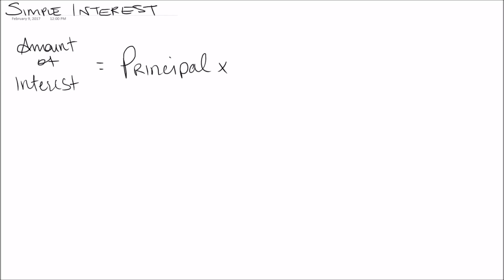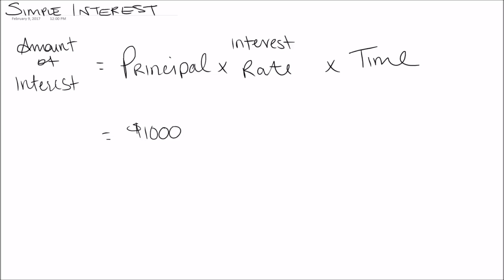Okay, so simple interest is exactly that. It's the amount of interest on any given principal, at any given interest rate, over any given time. We all know this one, right? PRT? Okay, so let's say, for instance, that we had a $1,000 principal at an interest rate of 6% over